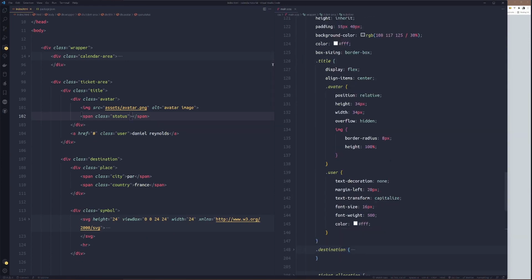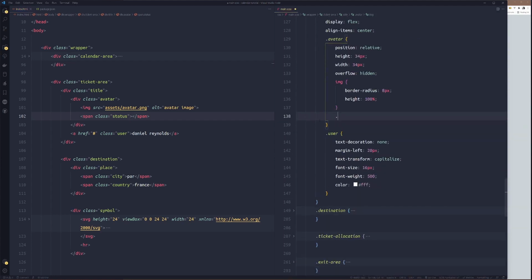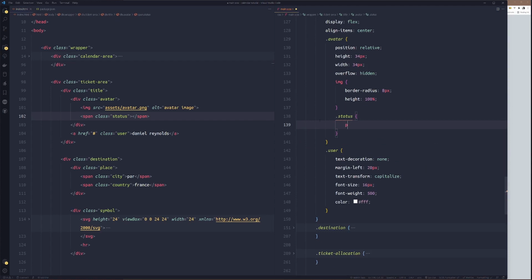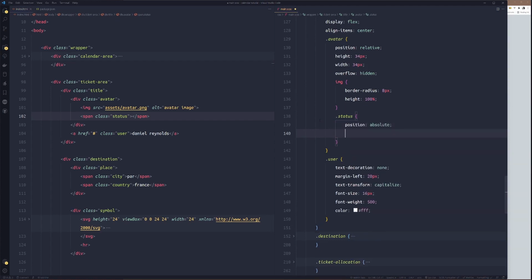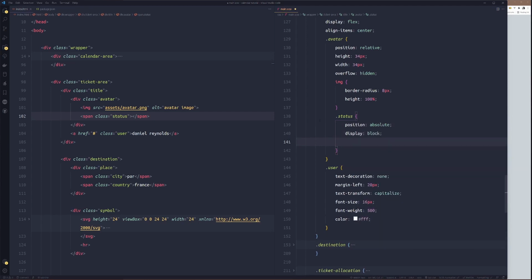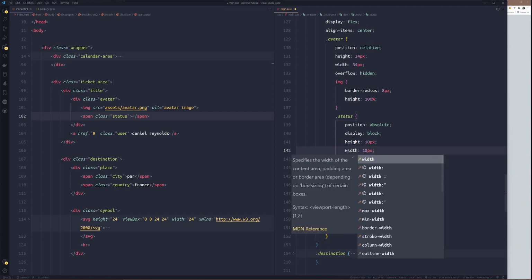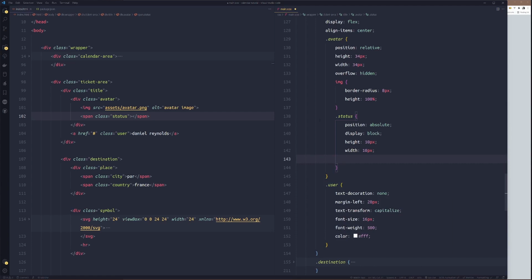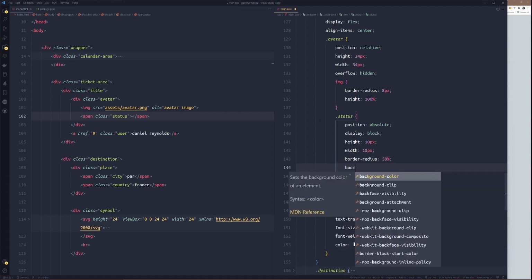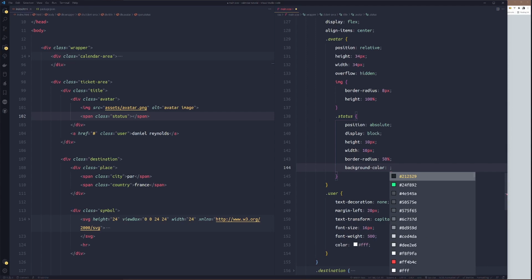Alright, so quickly, just after the image, status, we'll set the position to absolute, then display block, height and width will be 10 pixel, then border radius could be 50%, while background color is set to hash 6FFF, or we'll just set that gray now.